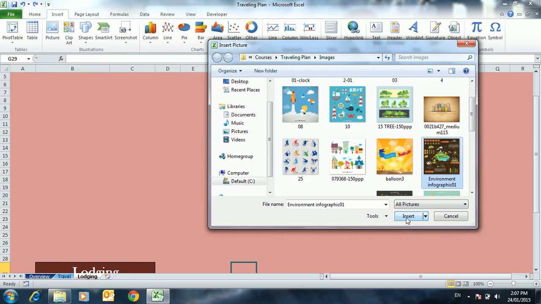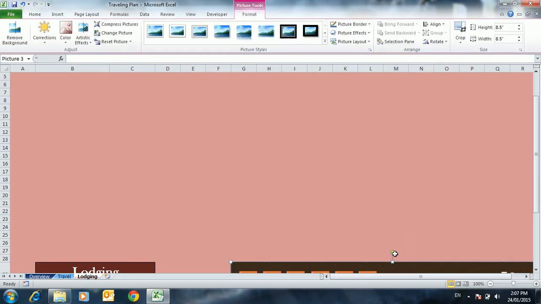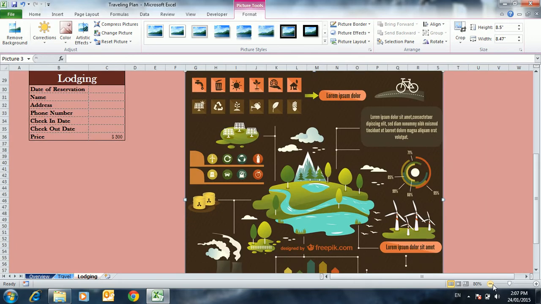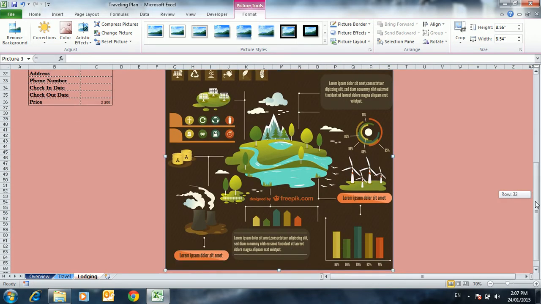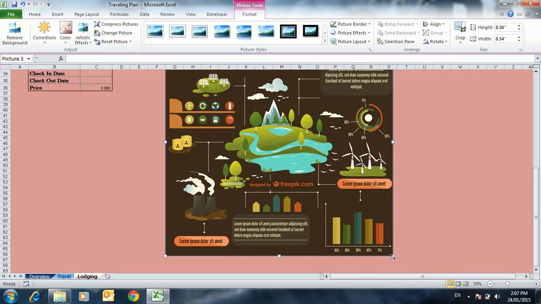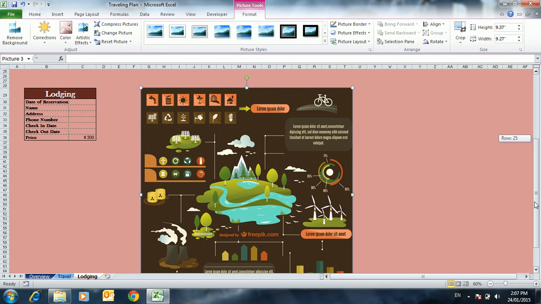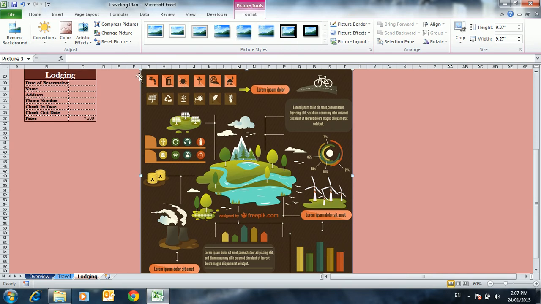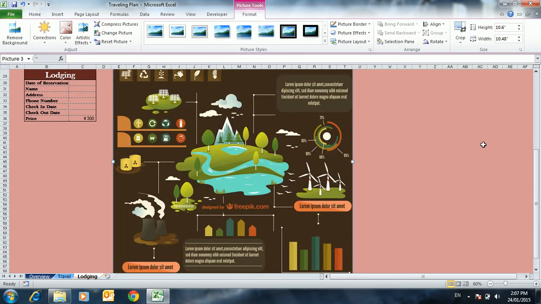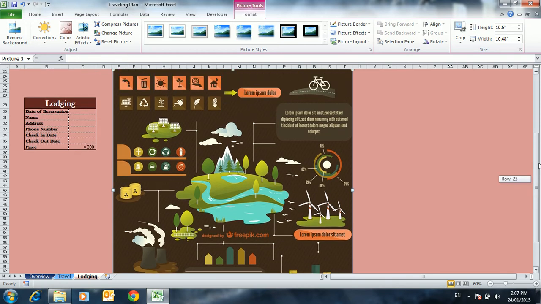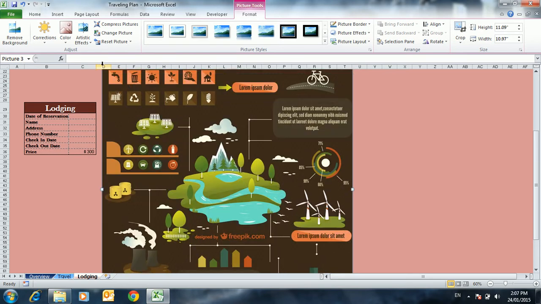I think all the pictures I have here are from Freepik, the site I've mentioned in my introduction video. They have great resources for free. Okay, I'll enlarge this a bit and make this window a little smaller to see in comparison to the table how big the picture is. I have a lot of information here, a lot of elements. I just want the central part, this mountain and scenery area, and in the format,